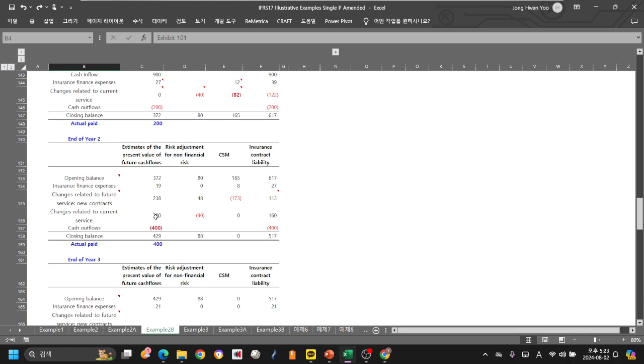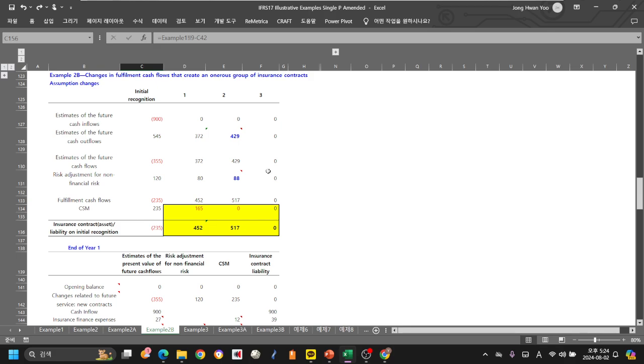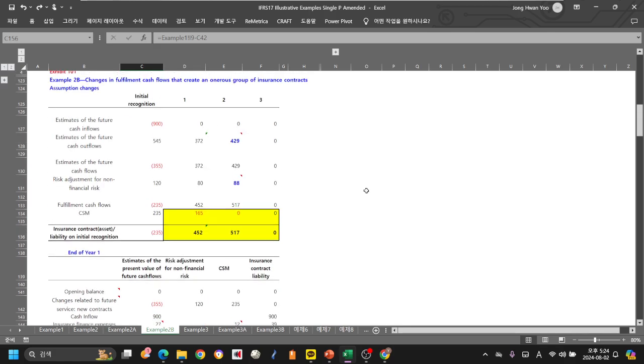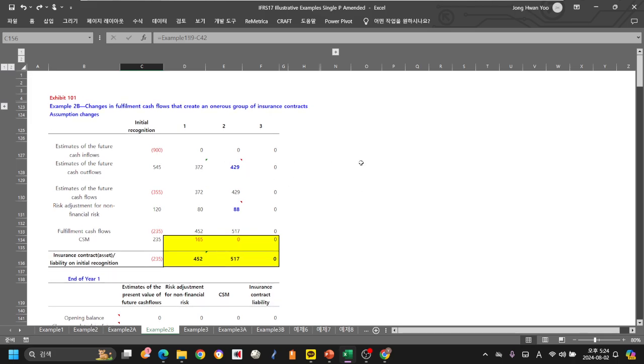In that case, you change the third year assumption, and also the experience adjustment difference is 200, we have to recognize it as a loss, right? And that one, and also we change the third year assumption. Let's say, because the claim outgo is 400, I assume that third year, instead of 200, probably 450,